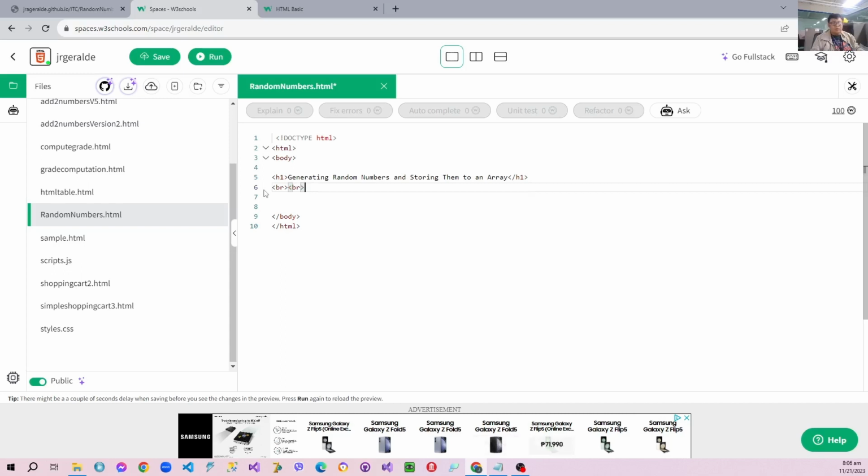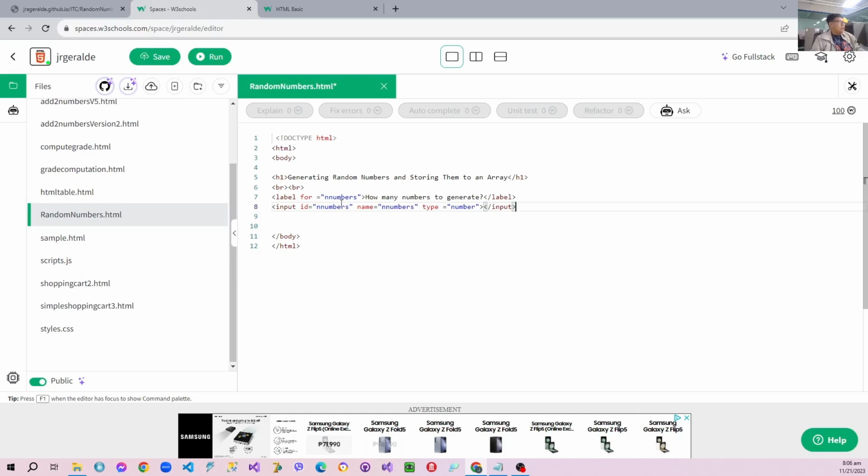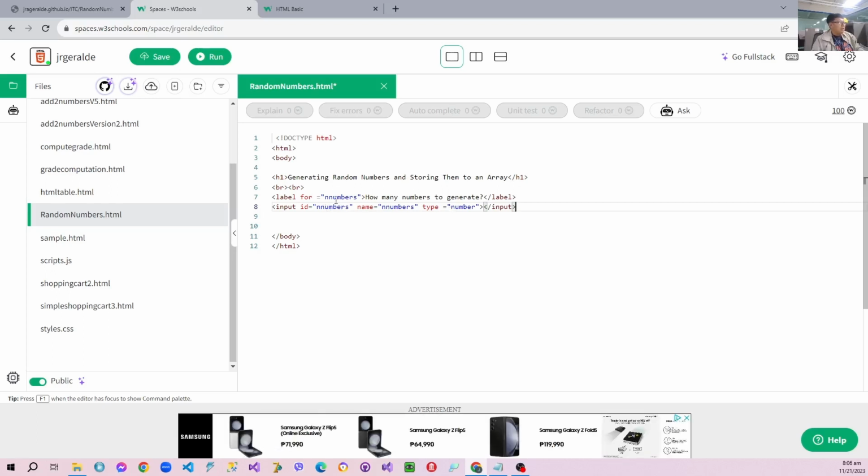The first thing that we will do is to ask for the population of numbers that's to be generated. So we are going to use an input tag for that, like this. Let me just copy that. So the ID for the input is called nNumbers, and the type is number, and we have the label assigned to it as the question: how many numbers to generate? Okay. Now we can run this,